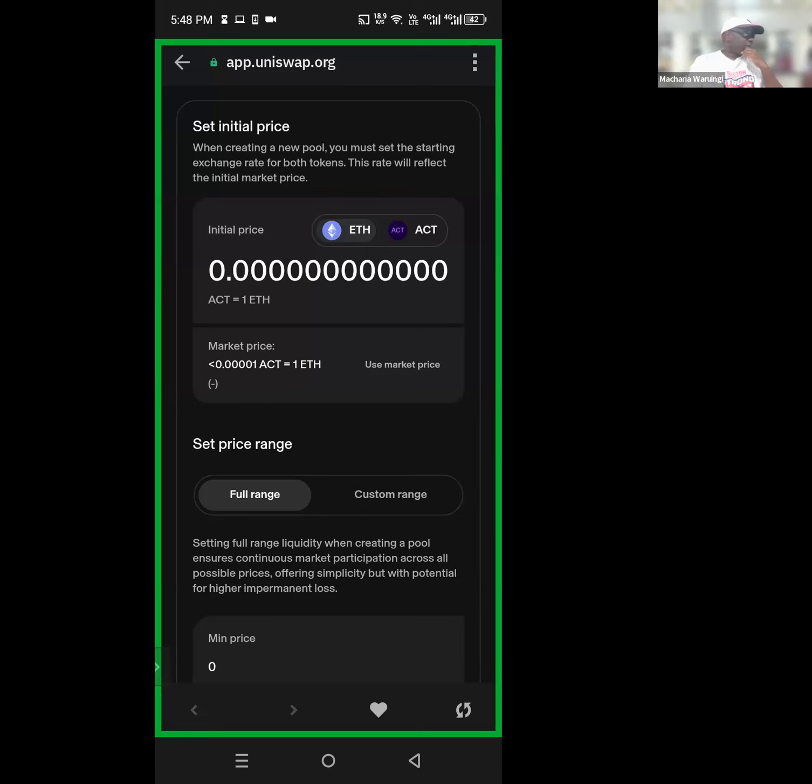So, okay, for that, it means one ETH will be 3,000 Actuate, so it will be 0.0003, right? Because right now we are looking at one ETH being equivalent to about $3,000.